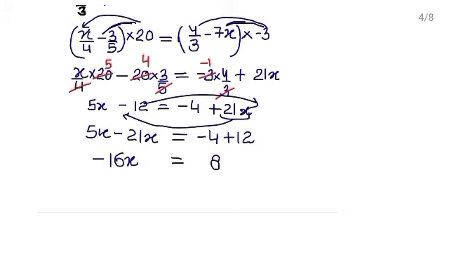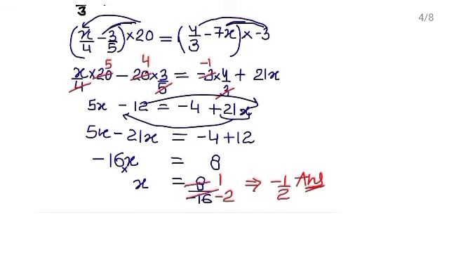Now this is minus 16x. It means minus 16 multiply x. So keep it to the left and move this minus 16 to the right. After moving to the right, this minus 16 will be in denominator. So what it becomes now? 8 ones are 8, 8 twos are 16 of minus sign. This is also equals to minus 1 upon 2, right? So this is your answer.